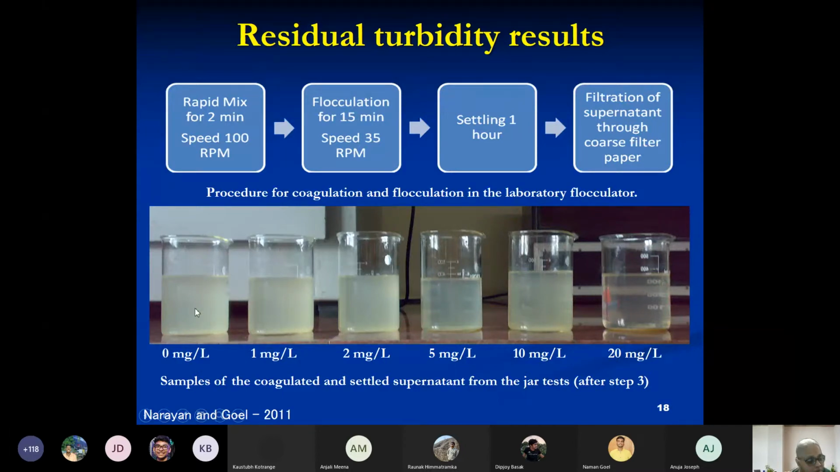This is how turbid it is. It's not toxic. There are no problems with it. It just has a high burden of silt and clay particles. So you can see it's got a fairly turbid look. This is what it looks like originally. You add small doses of coagulant. You mix it rapidly for 2 minutes at a speed of 100 RPM. RPM means the number of